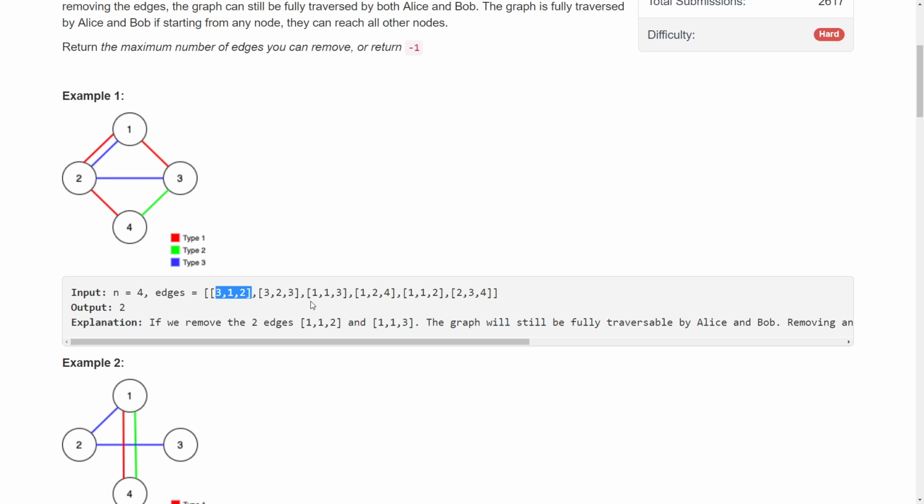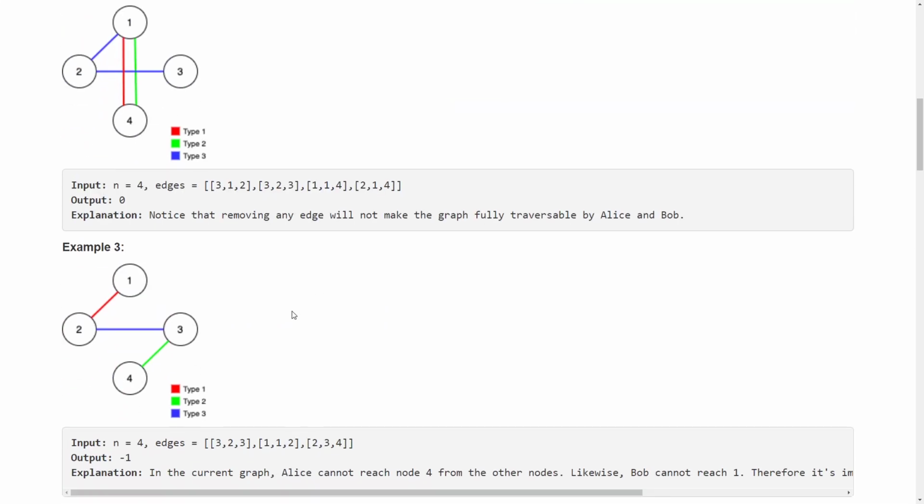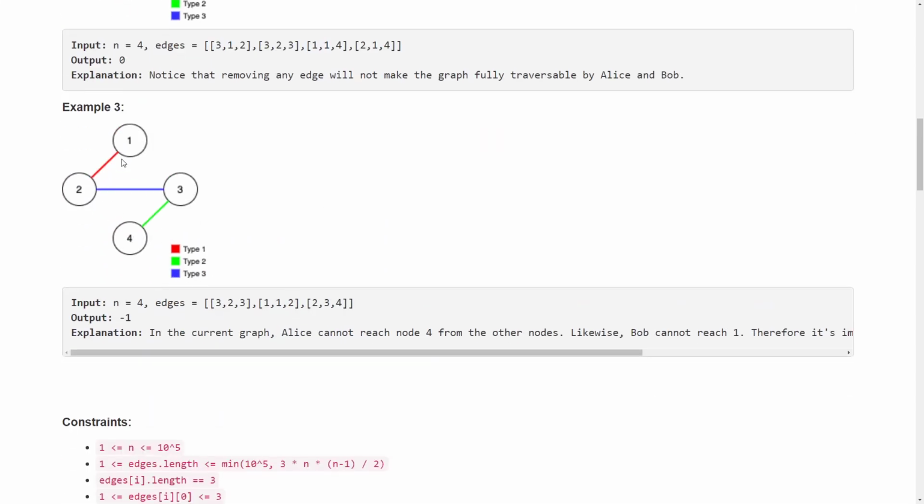And then for that component thing, I'll be using union find. But finally, we also have to check when we have made all those components, right? In the end, the components should have the size of the graph. For example, when you look at this edge, for both Alice and Bob the components will be 2 and 3. When you do this, the component for Alice will become 1, 2, 3, and after this, the component for Bob will become 2, 3, 4. Right? But both the components have size 3. So that means it is not possible, because if Alice and Bob want to travel the whole graph, then the component size should be 4. Right? So that is the observation, and that is what we will implement.